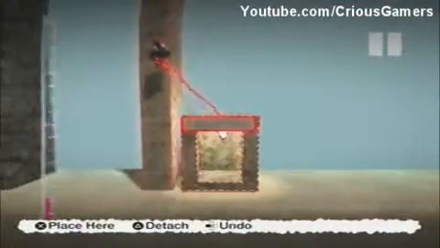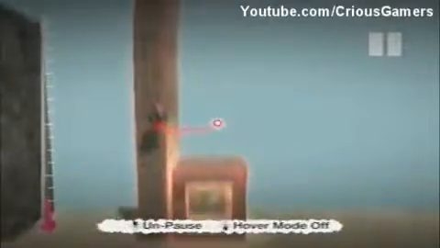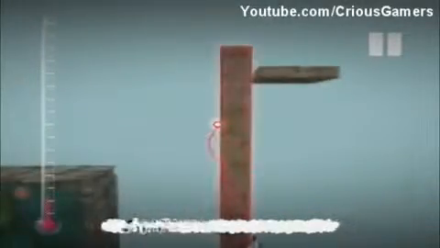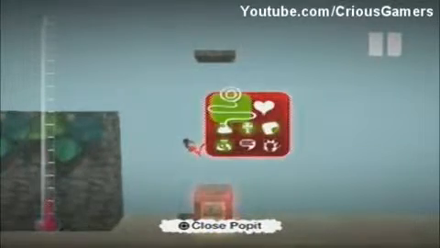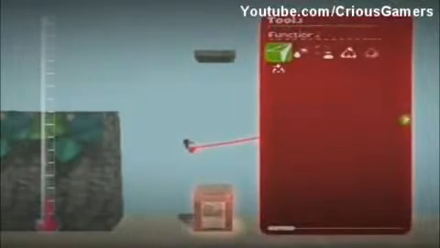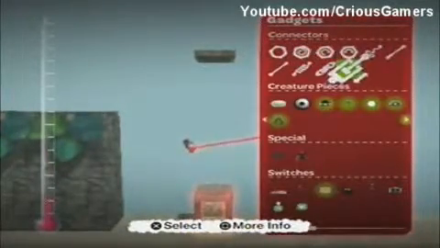So we'd have to move this over a little bit. And that way, now it's directly under it. And then you can delete that stone. That just makes sure when it goes up and down, it's not all wobbly and such. So, we'll go there, and we'll go to the